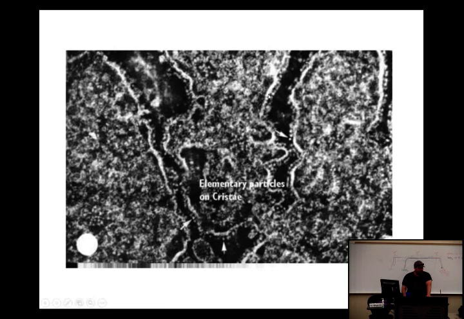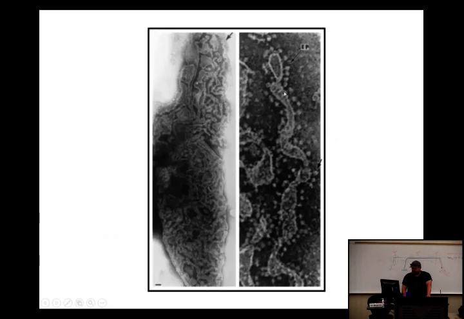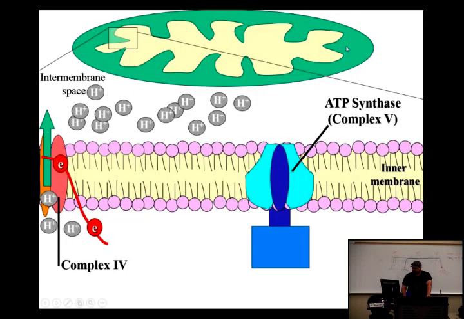What do we call the area inside the mitochondria? The matrix. Excellent. Here's another electron micrograph of complex 5. And it's labeled EP because they didn't know what it did. And this is the late 80s, just to give you an idea. So what happens is that we have all these hydrogens that are pumped across this membrane.